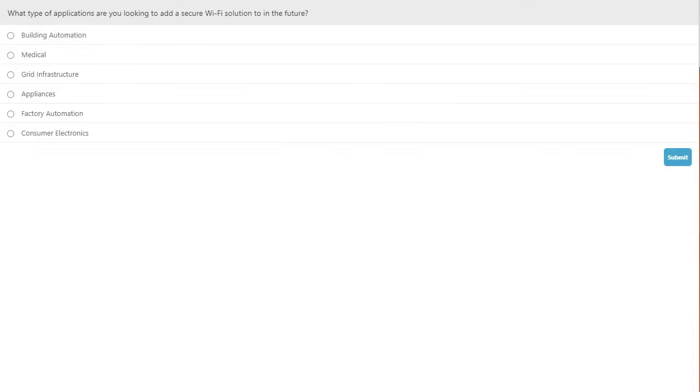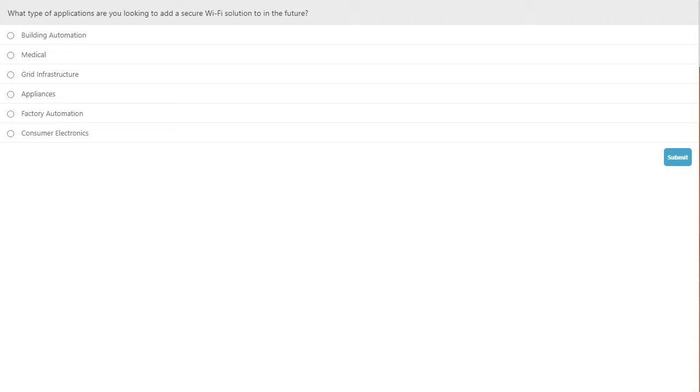When you're thinking about security, what type of applications are you looking to add a secure Wi-Fi solution to in the future? Is it a building automation type application, such as video doorbells, electronic smart locks, thermostats?